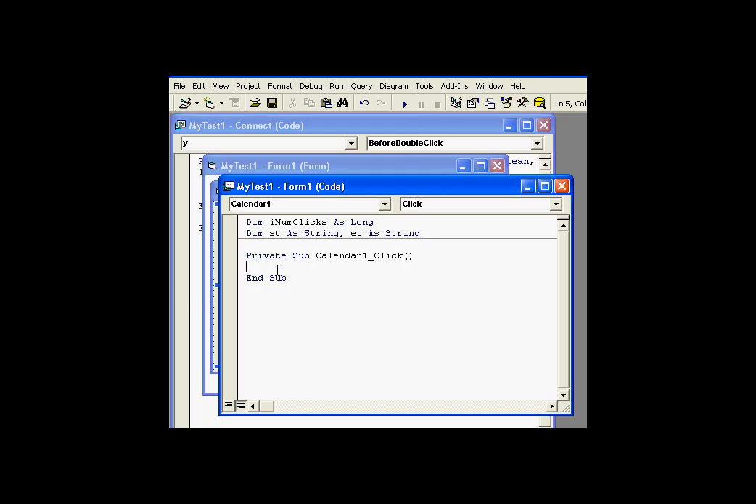And at this point, I'm ready to go ahead and start telling the calendar what to do. When the user clicks on the calendar object, I want to store away the start time and end time. But before I do that, I'm going to check to see if this is the first or the second time the user has clicked. So that's why I have an if-then statement that basically says if numClicks is equal to 0, in other words, if this is the first time the user has clicked,